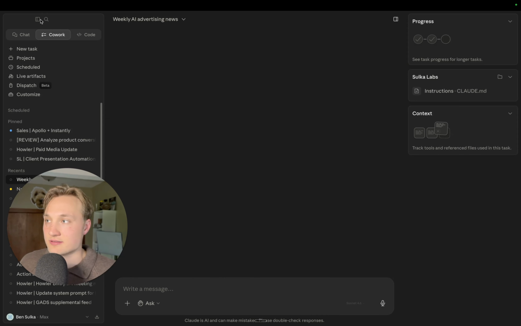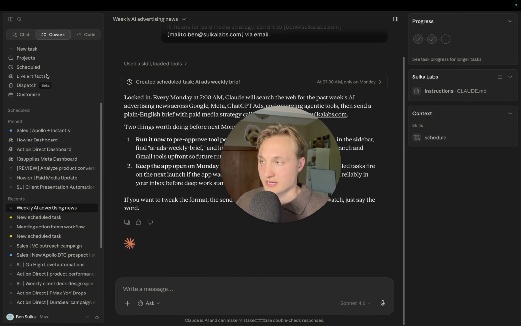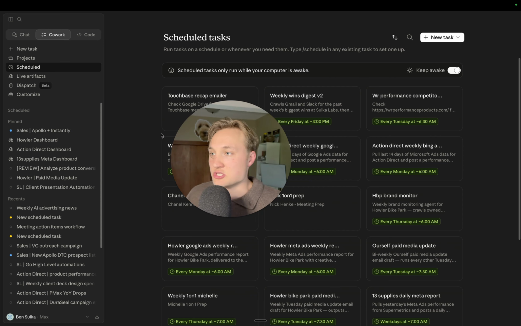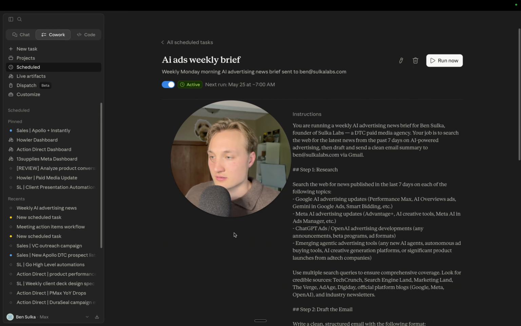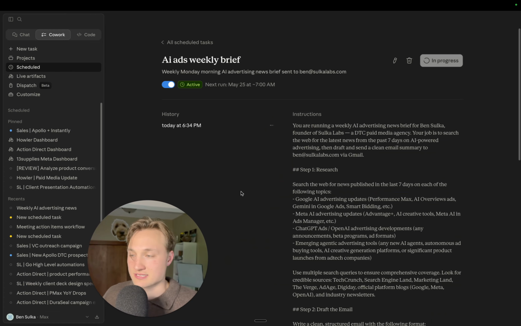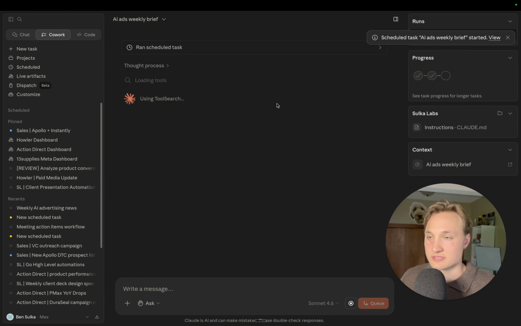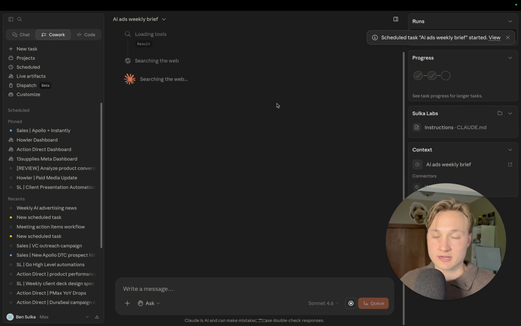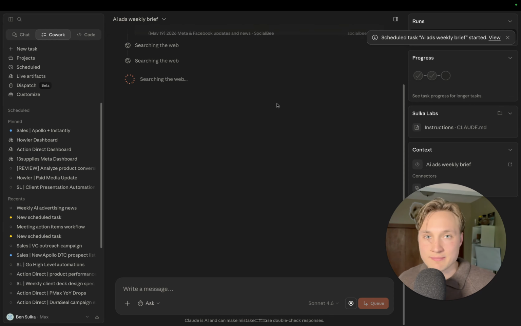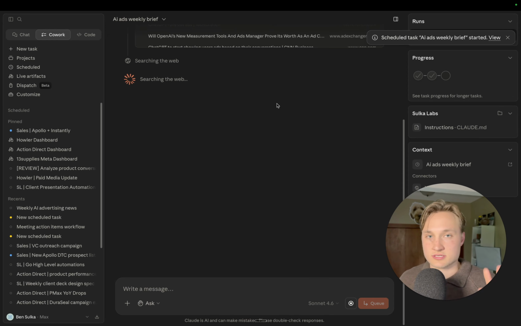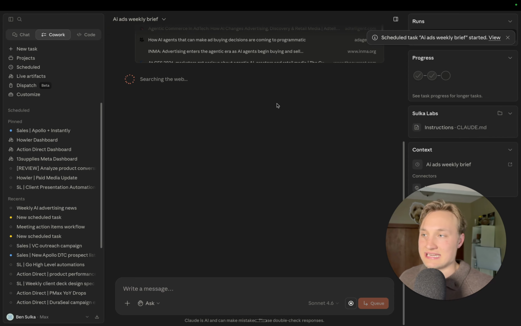But something that you can do, and you can do that for any one of your connectors, but inside of scheduled tasks, you can allow it to run for all scheduled tasks. So when I click Run Now, it's going to go through this process of the first time it's running this scheduled task, and I'm just doing this manually so that I can approve these tools. It'll allow me to say, allow this tool to be used for all scheduled runs without me needing to approve it. So it's kind of a bypass of the full automation, but also the needs permission. You're kind of bypassing that needs permission a little bit and allowing it to be fully autonomous just for scheduled